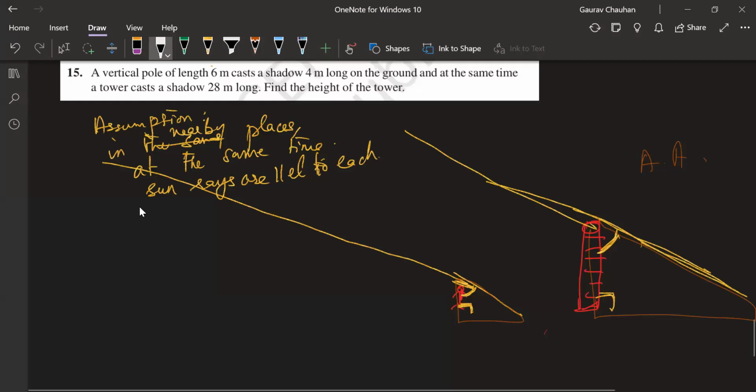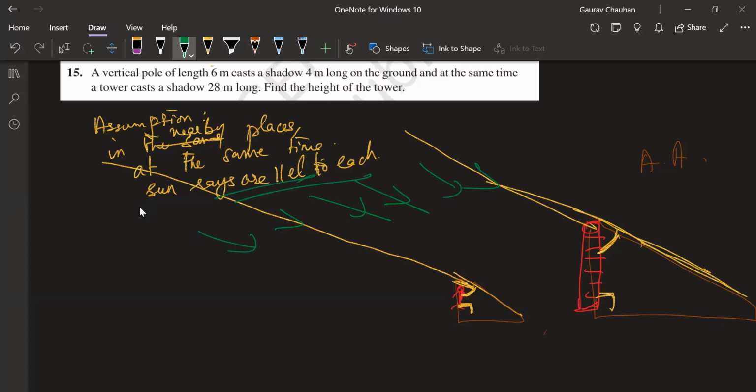We cannot count the rays, Dikshit, sorry. Don't say one ray, two rays. Whatever rays, there are an infinite number of rays, and they are parallel. If you want, you can draw this diagram. I'm going to give you 30 seconds. This is one sun ray. There are millions of such sun rays, but all these sun rays are parallel to each other at the same time. It's important that you understand this: at the same time and for nearby places.